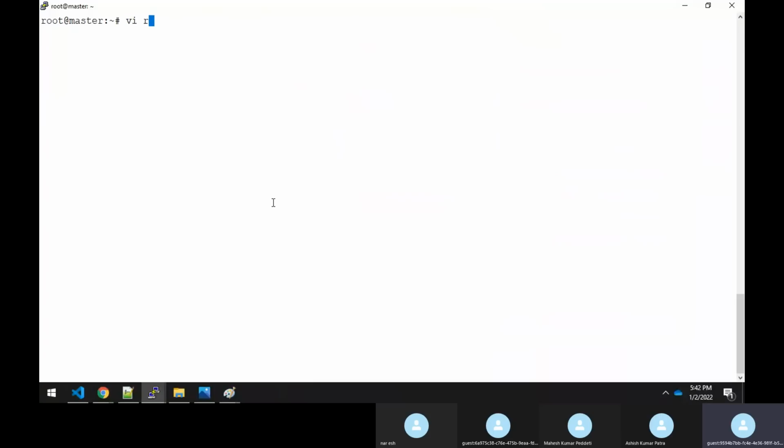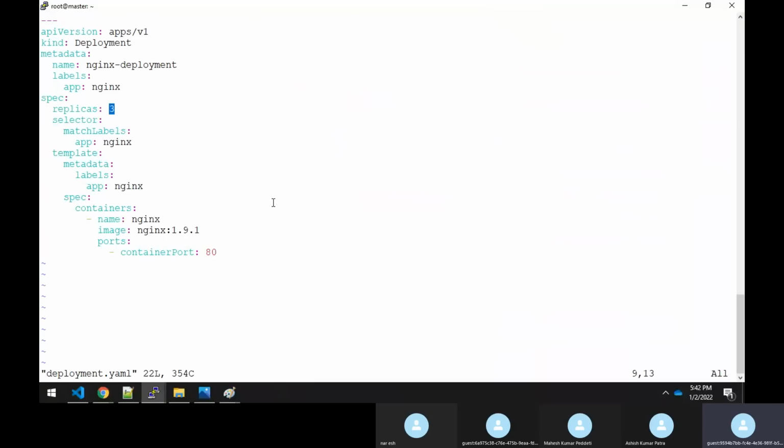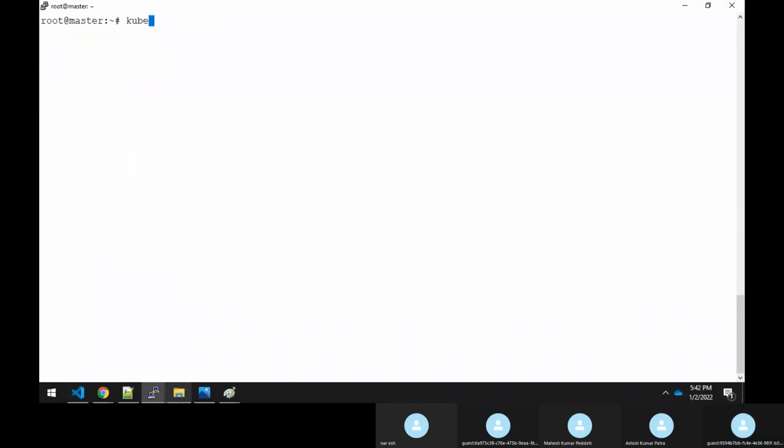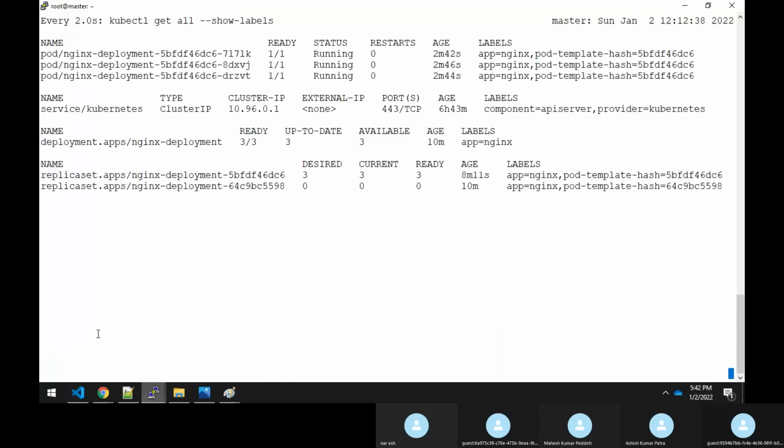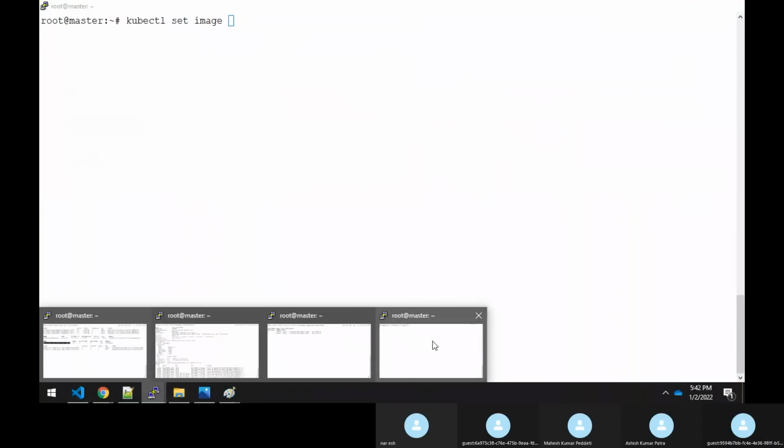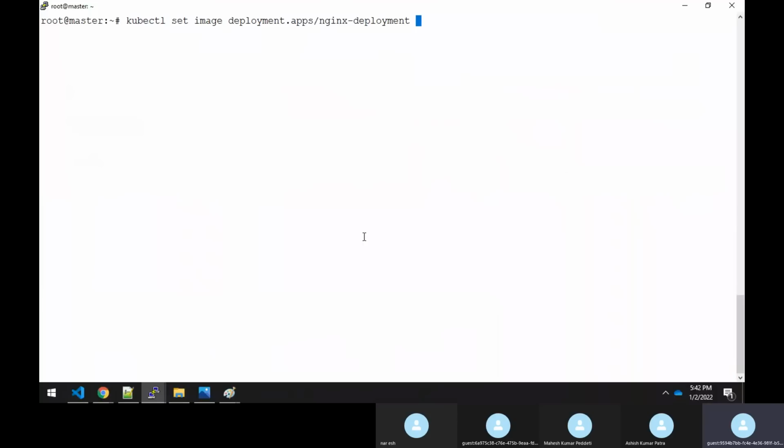So first is the file method. You can open the deployment.yaml file and edit directly here, like I want to do it for 1.7.1, and then apply it. Or else in the command line itself, kubectl set image, specify the deployment name, and nginx equals nginx colon 1.7.1.